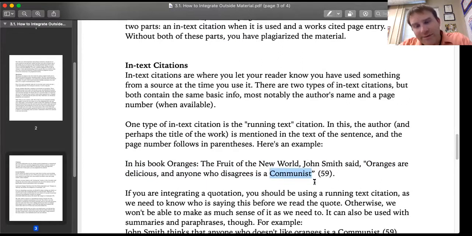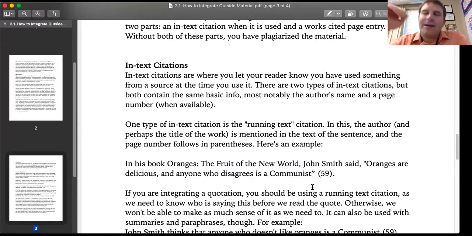Now, let's note real fast a big difference between MLA style citations and APA style citations. Most of you will do APA style citations, and APA focuses on the year. MLA likes page numbers, APA uses year. So instead of the page number, you put the year if using APA.